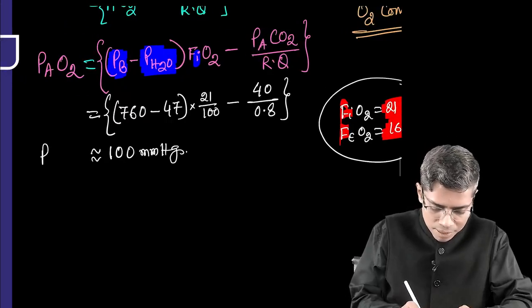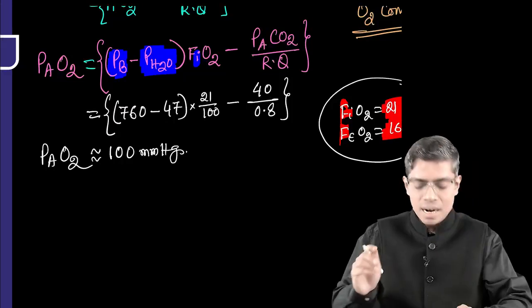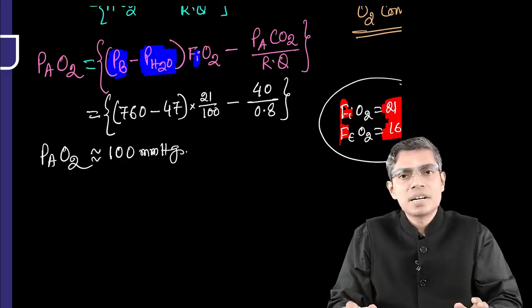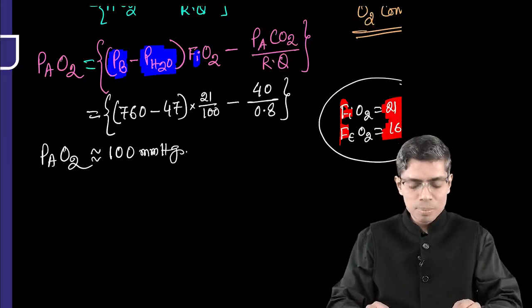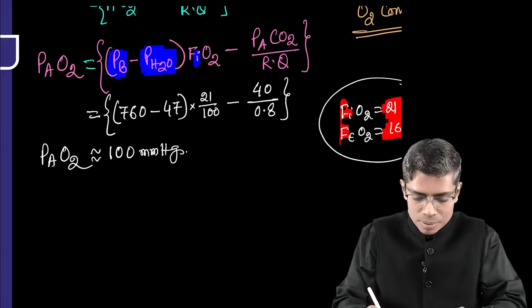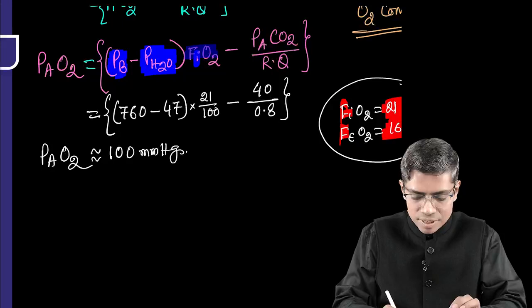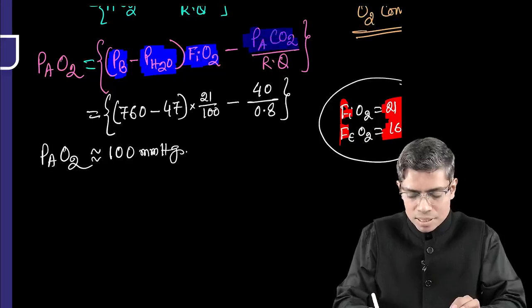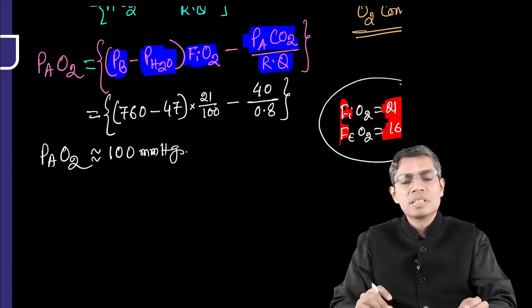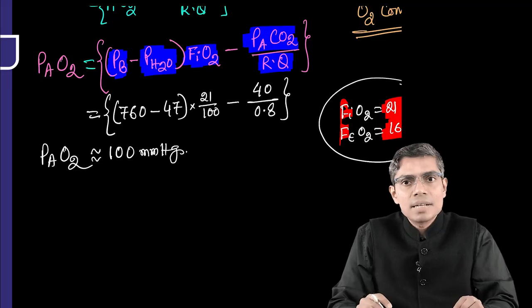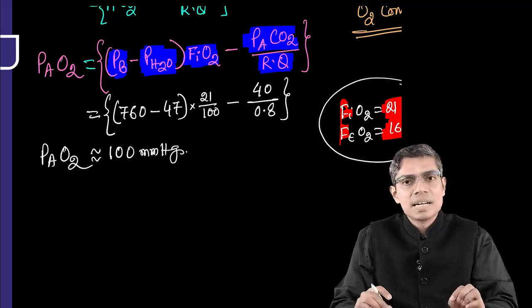That's why we say that the partial pressure of oxygen at the level of alveoli is 100 millimeter of mercury. What is the equation that we have to remember? We have to remember this whole equation. Please note down that this is a very important equation. Nowadays they are giving questions based on mathematical formulas. Okay, so please remember this formula by which you can calculate partial pressure of oxygen directly at the level of